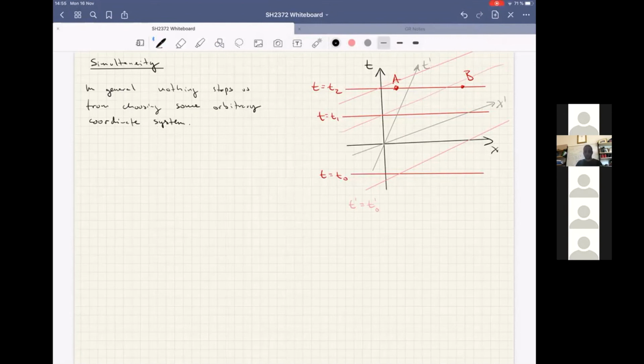So I could a priori choose a coordinate system which has some time-like coordinate, but it has some fixed coordinate surfaces that looked something like this. They would still be space-like curves, but they would somehow, in that coordinate system, define what it means to be simultaneous. So in order to say that something is simultaneous, we consider any coordinate system